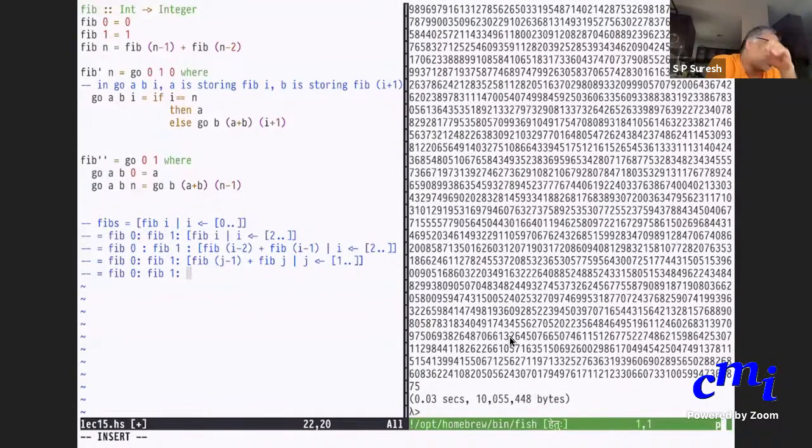Whenever I have such a thing, I can write it as zipWith of plus applied on fib j minus 1, with j going from 1 onward, and fib j.